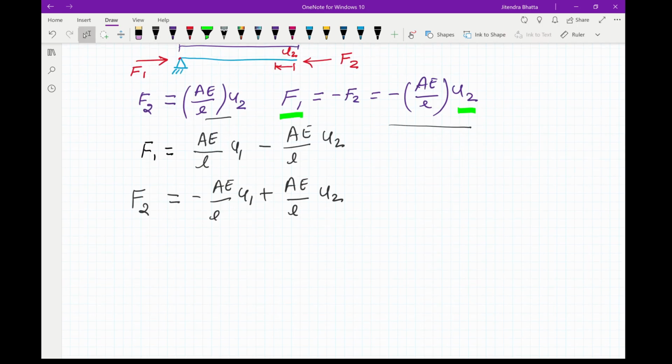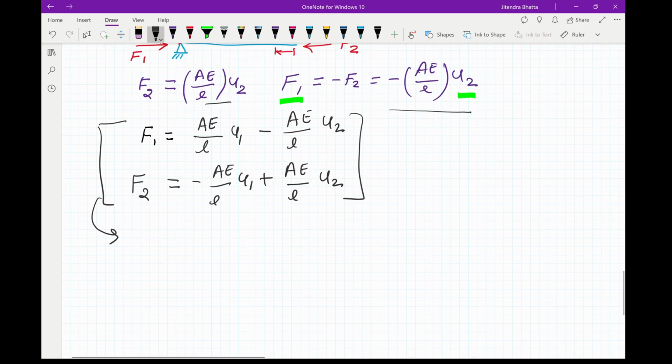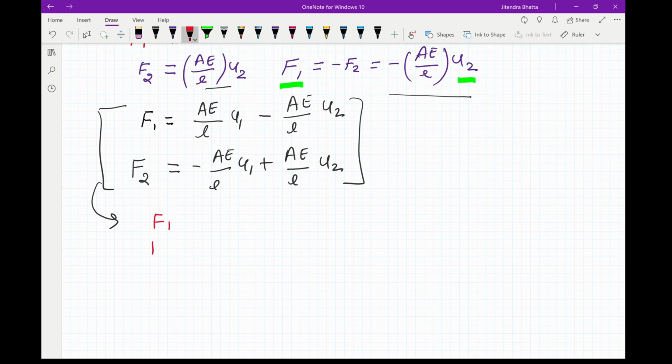Now you can write this in a matrix form where you'll get F1, F2, which are your nodal forces, will be equal to